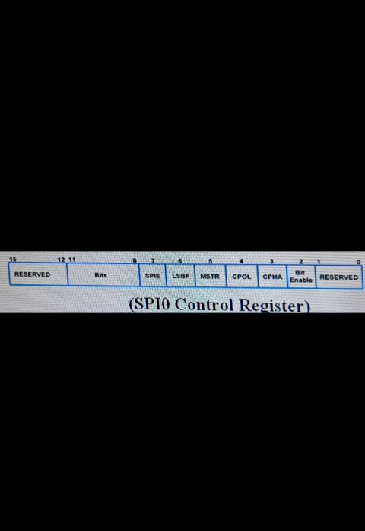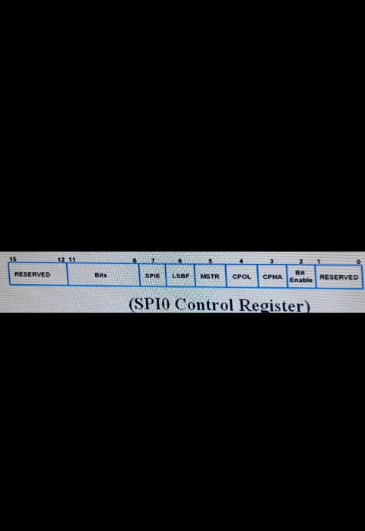The first register is the S0SPCR, that means the SPI 0 control register. It is a 16-bit register, a read and write register. It is used for the control function of the SPI block.